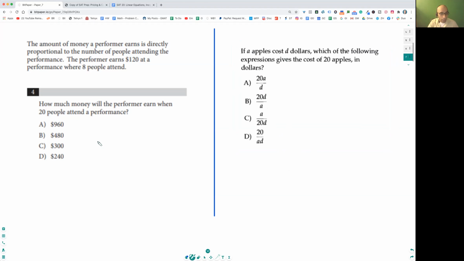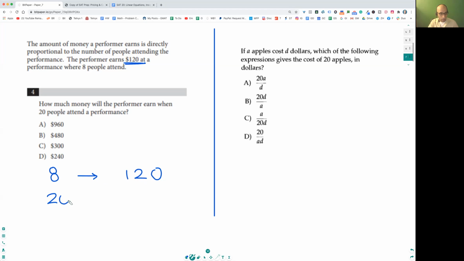For the people who are looking at this problem, what we're going to do here is: the performer earns 120 when 8 people attend. So you've got 8 people here and they attend. I kind of like to draw this arrow over here, it makes things clear. They earn 120. And now when 20 people attend, what you do here is you're going to